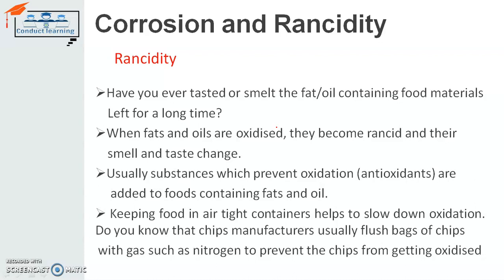So that's why these materials are prepared with some antioxidant substance. Some packets come from the market, the eatable packets, the kurkure and chips. They always have a gas filled inside that packet,